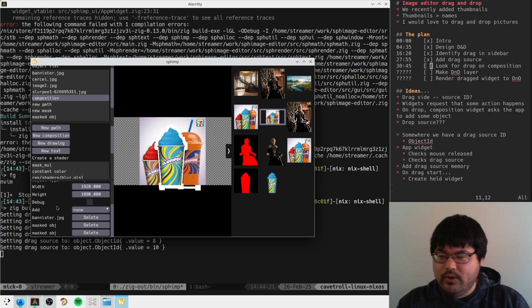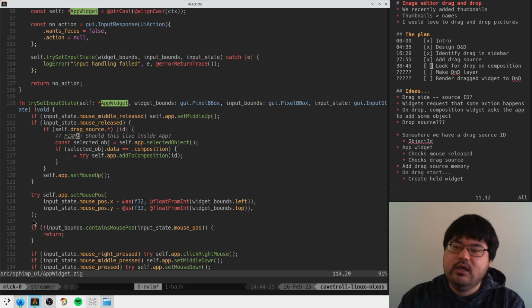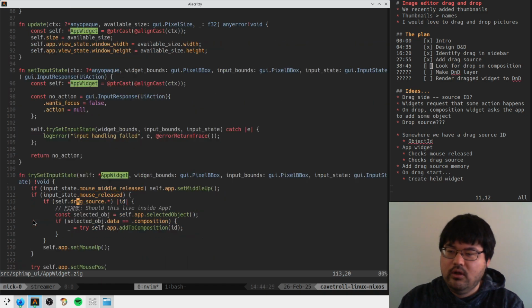Now, these guys are not showing up here because we have to regenerate the images. So actually, this is much more clear now what this should do. Actually, way more clear. This should emit an input action. We should ask the main loop, who usually handles this, to add the object to composition. So we should just be like,